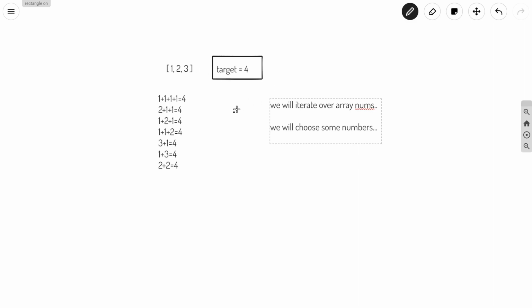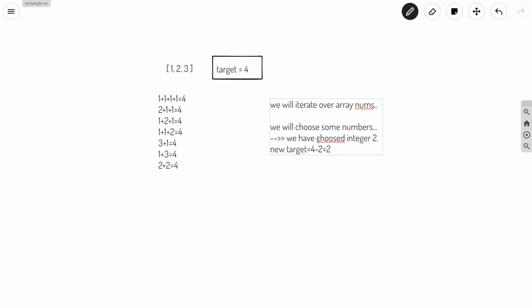Let's say we have chosen integer 2. Our target will be decreased by 2, so the new target will be nothing but 4 minus 2, that is 2.